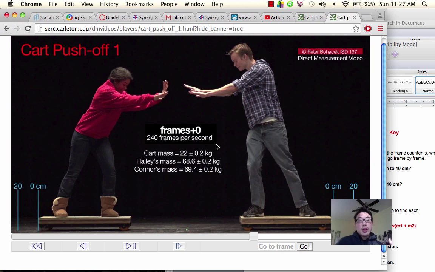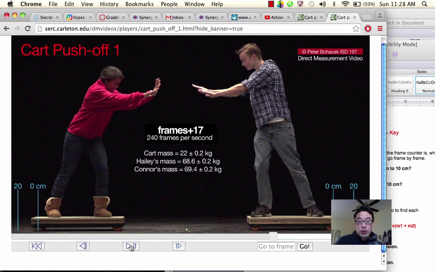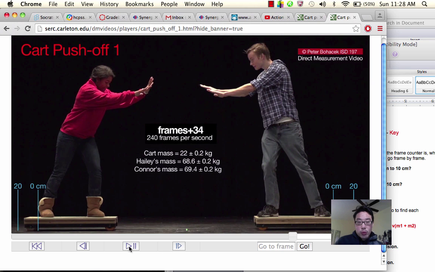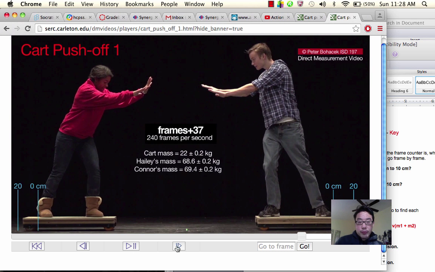Or you can, of course, invert it so that we have seconds in the numerator and frames in the denominator, so it'll be 1 second per 240 frames. If we multiply by frames, it'll cancel out the denominator, leaving us with just the units of seconds. So let's see how many frames it takes for Connor and Haley to get through a displacement of 20 centimeters. Alright, so at this point I'm going to do it frame by frame,